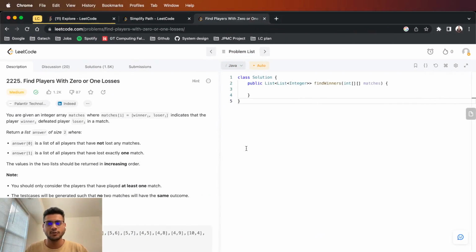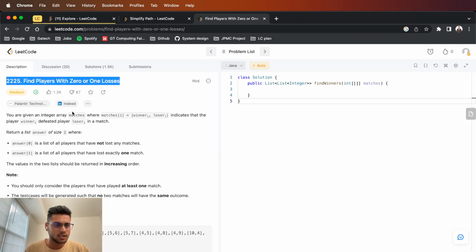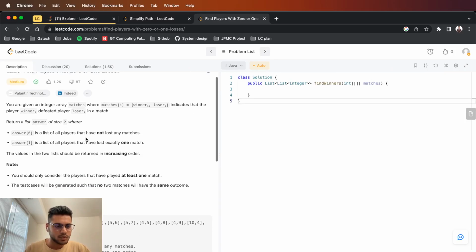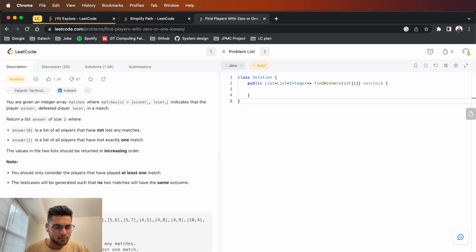Hello everyone. So today we are going to solve 2225, which basically says find players with 0 or 1 losses. You are given an integer array matches where matches[i] is a pair of winner and loser, and it indicates that the player winner defeated player loser. Okay, so basically we'll have an array where one array pair says this is the winner, this is the